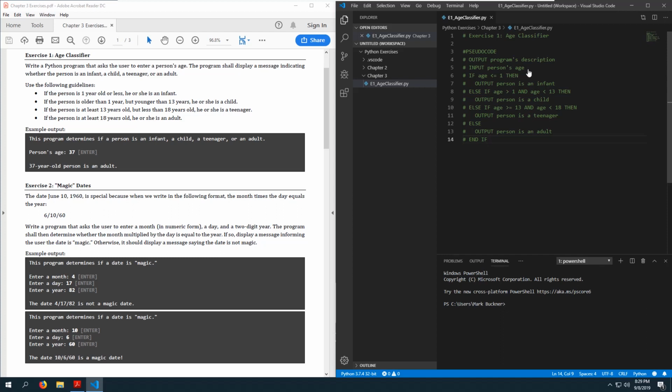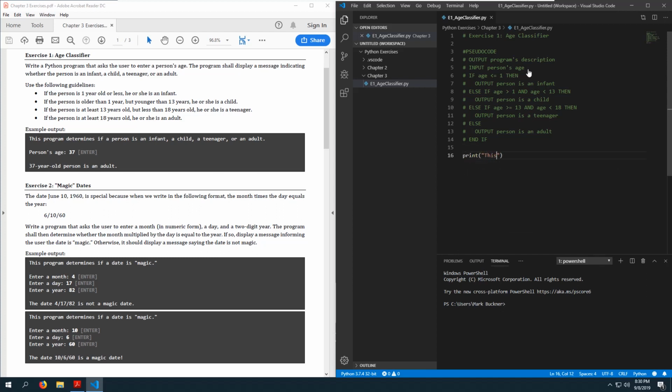Now, I will tell you there are several ways to write this program. There are several ways indeed. And I'm going to go through a couple of the ways. I'm not going to say that any one of these ways is better than the other, but I will say that there's probably a more robust, more elegant way of writing this program compared to some of the other ways. So the first thing, of course, that we will need to do here is simply print out the